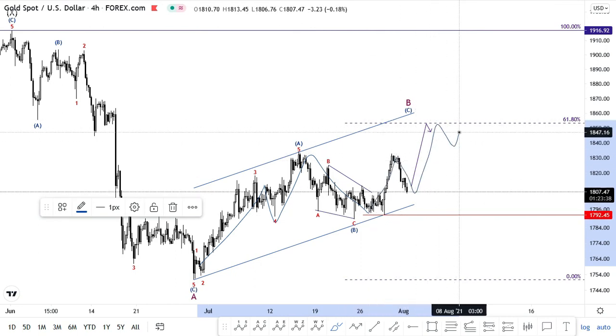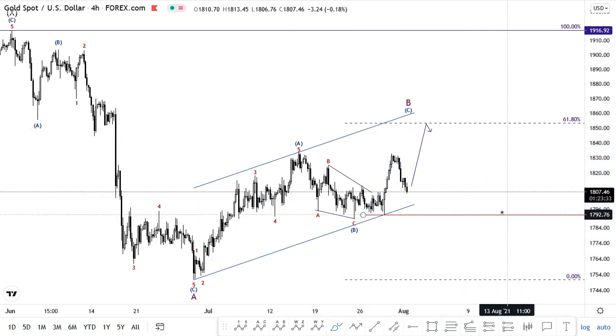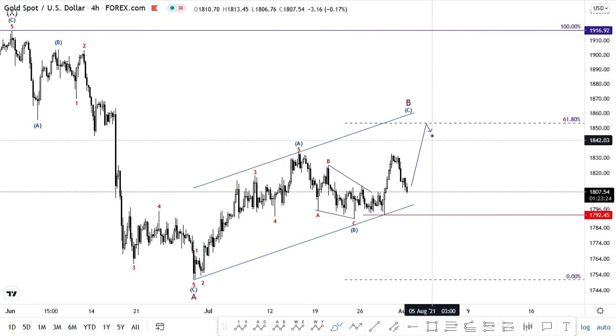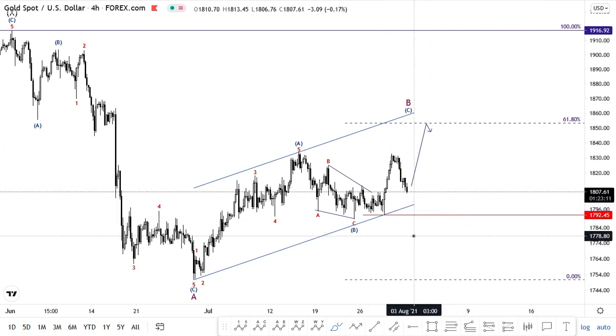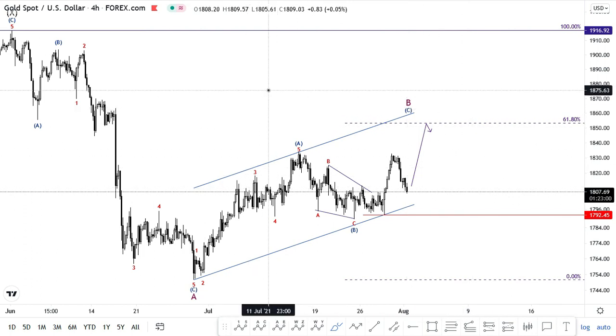Then you see price giving us a reversal pattern and then dropping lower. So from here, how long are we considering this bullish rally? We are considering this bullish rally as long as price is trading above this invalidation level. So this invalidation level holds the whole mentality about us thinking that gold might be pushing up. Yeah, so guys, that's it for me ahead of this week.